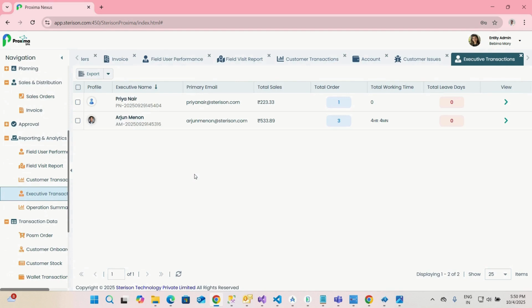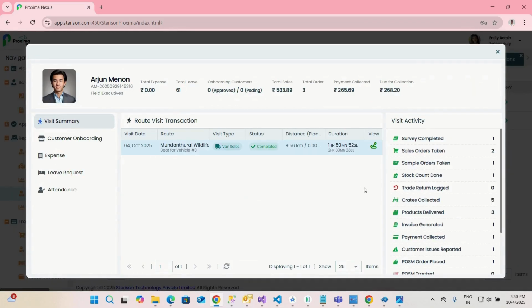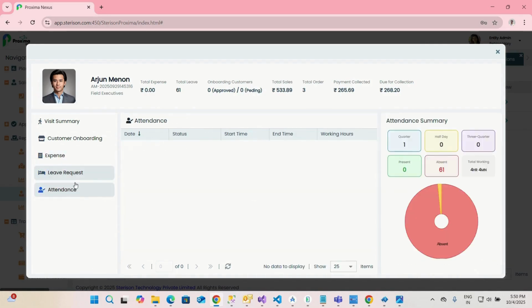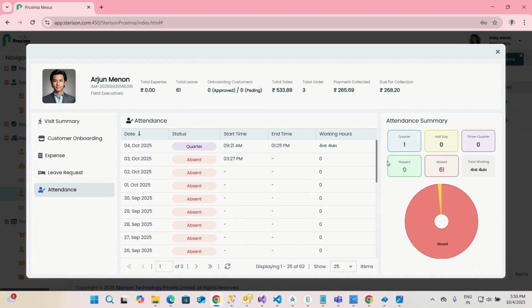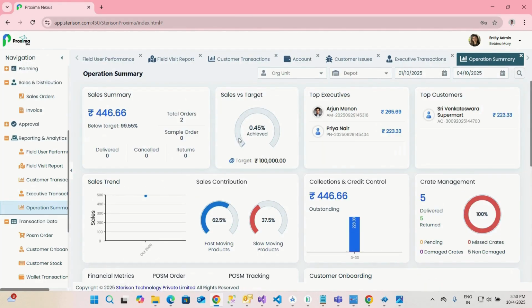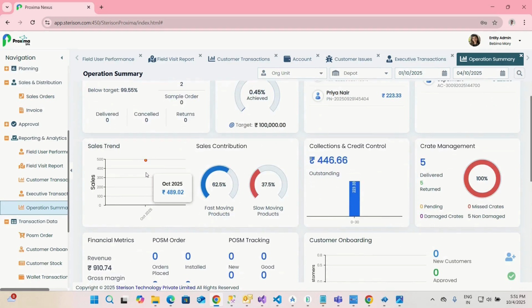Next, in the report section, specifically under Executive Transactions, we can see all activities done by the user. Visit summary, customer onboarding, raised expenses with their status and attendance details, and operational summaries. In the operation summary, we get insights into targets versus sales achieved, top executives and top customers, sales trends, contributions,